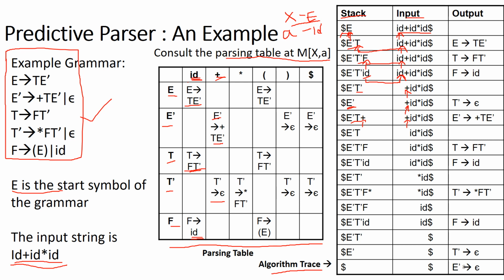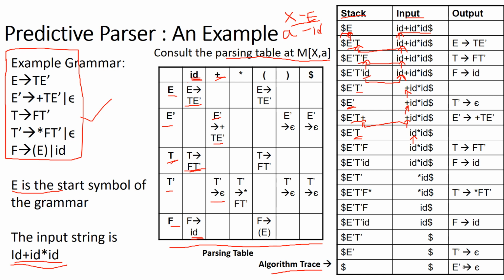Now the parsing procedure compares the top of the stack with the current input symbol and a match is found. Because the top of the stack matches the current input symbol, the top of the stack is popped and T becomes the top of the stack and the input pointer is advanced to the next input symbol, which is id. Now the top of the stack is T and the current input symbol is id. Therefore, the parsing procedure again consults the parsing table at the location